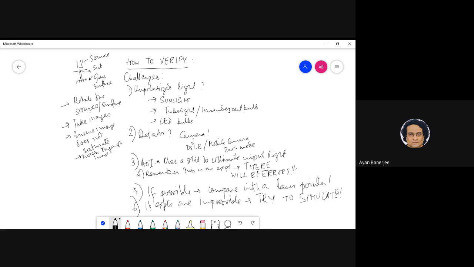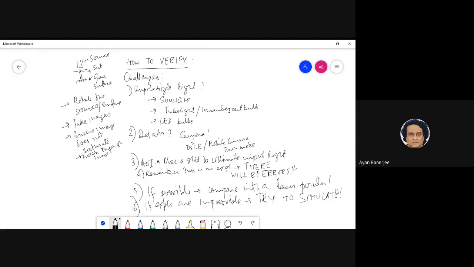I want the class to verify this. I am not giving this as an assignment. I am giving this as a learning experience, physics with home apparatus. This is a very nice concept which you can convince yourself of, and I'll bet you guys, if you really do this, you will never forget this in your lives. Whatever you do as a career in the rest of your lives, you'll always remember.